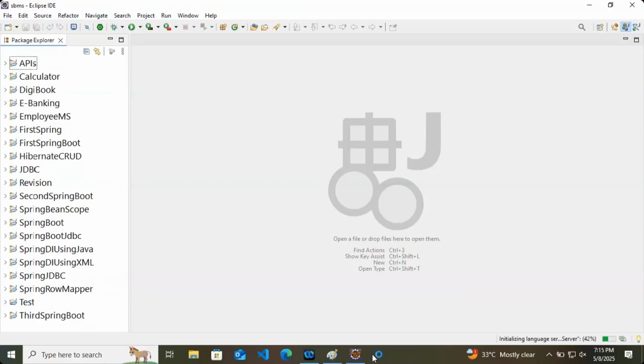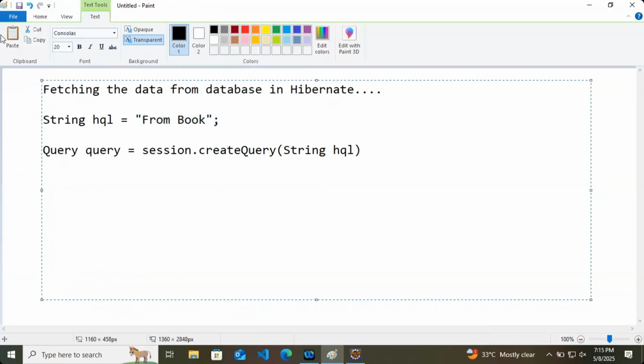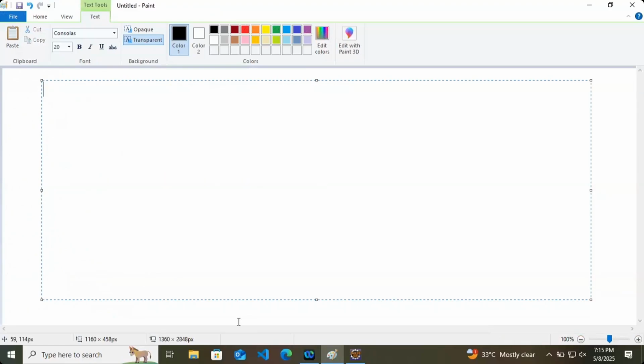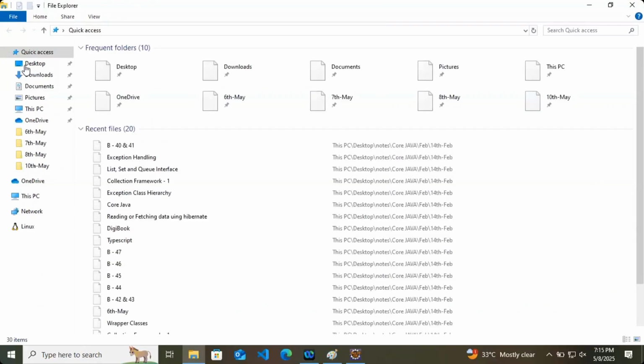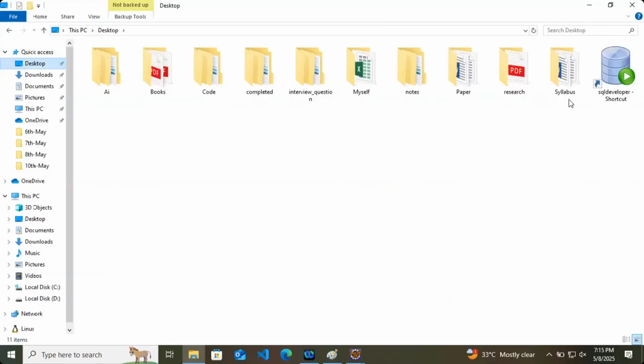So let's understand one particular thing: how we will fetch the data without writing any query, or you can say how we will fetch the data using the criteria API.